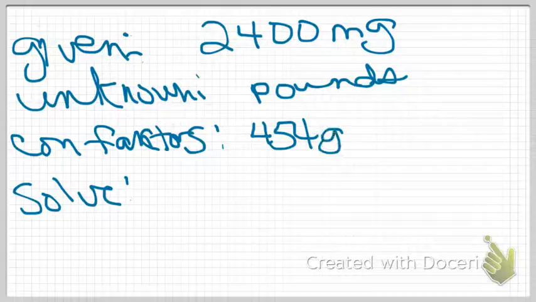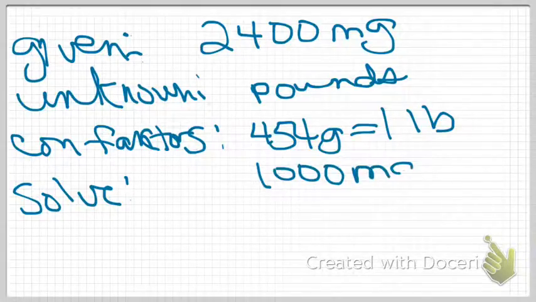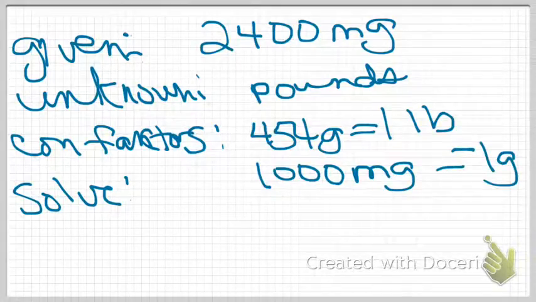454 grams is 1 pound. And what about milligrams to grams? Do you know that one? I would hope so. I would hope that you would know that there are 1,000 milligrams in 1 gram. Okay? Now, here's the question that you should always be able to ask yourself. You should be able to say, okay, do I have,